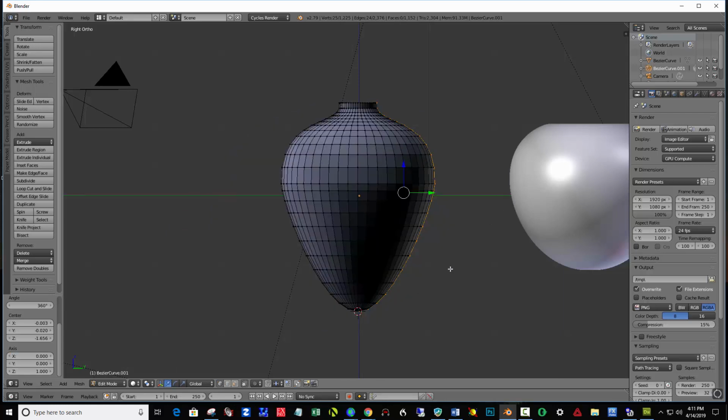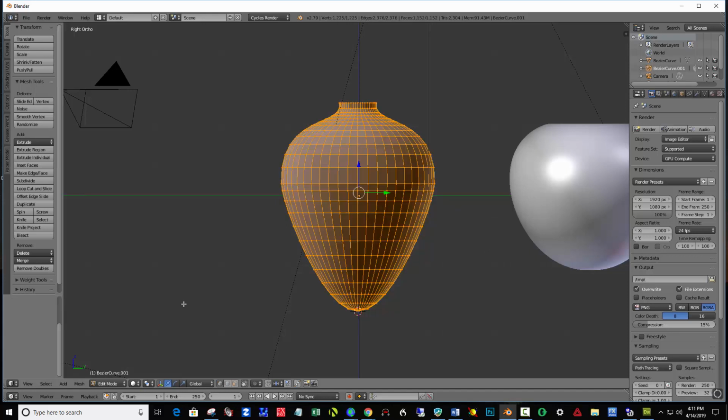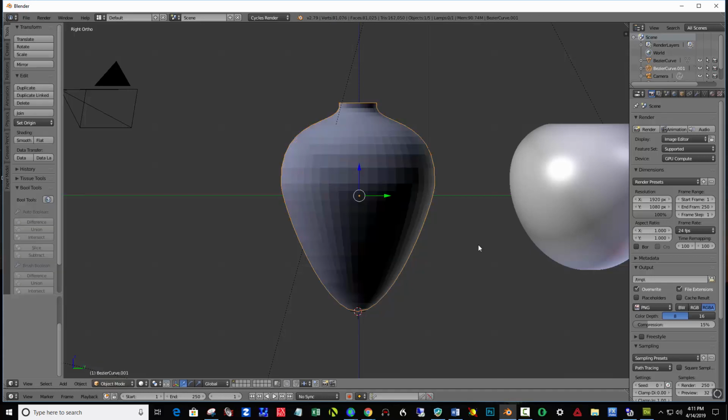Okay, and it's the same process as before. We have to remove the doubles, so I'm going to select all, A, twice, and then click Remove Doubles over here. Remove 25 vertices, come over to Object Mode,